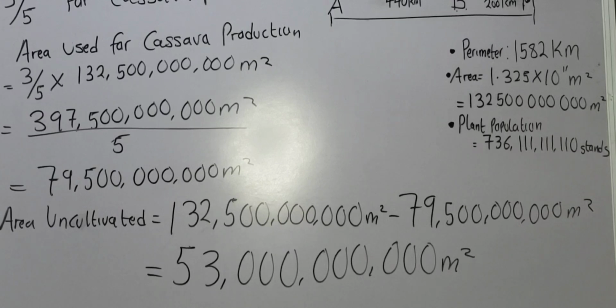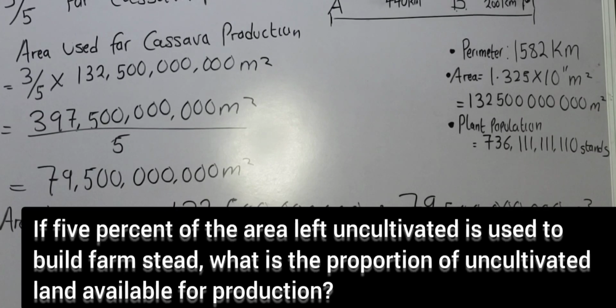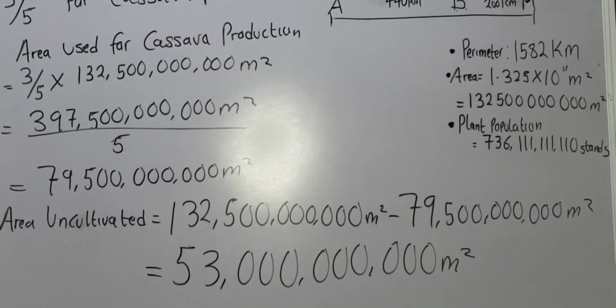The fifth question states thus: if 5% of the uncultivated land is used for the building of farmstead, what is the proportion of uncultivated land available for production? Now, the meaning of that question is that, peradventure, this is the area that is not cultivated, right? Now the question says, let's assume that out of this area the farmer used 5% to build a farmstead. Of course, a farmstead is like those buildings found on the farm, maybe a historic building or